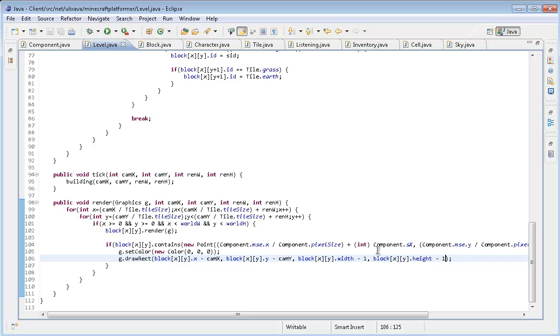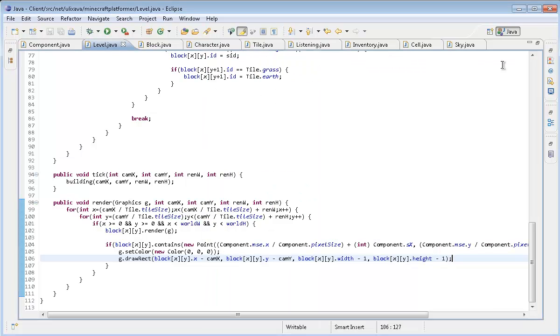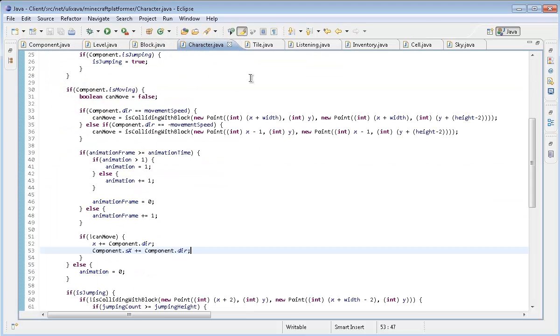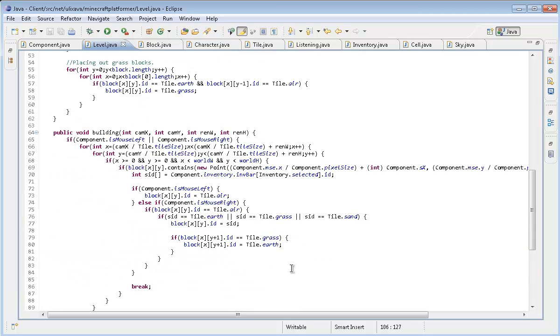So, all right. So that's fixed. Now I want to get rid of this little white line here, and then we're going to go into the inventory. And the way we get rid of this stupid little white line thing here is that we go in here. And just by the way, I actually forgot to explain how I did this. But what I basically did in the level here is that I made a for loop, or I didn't make a for loop. I made an if statement and checked if the current block that's rendered contains our mouse cursor,